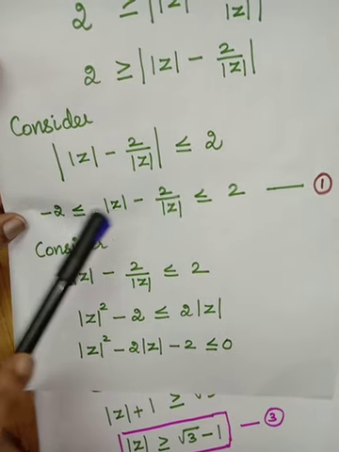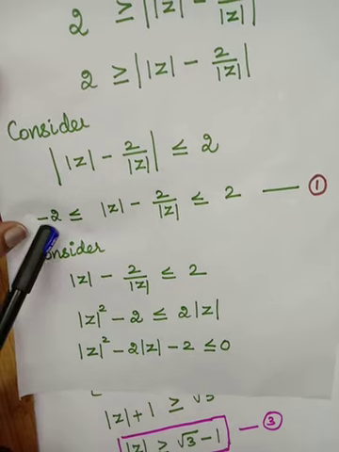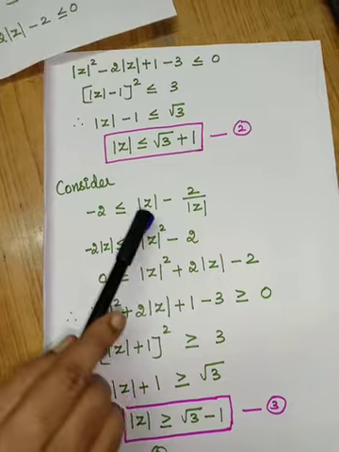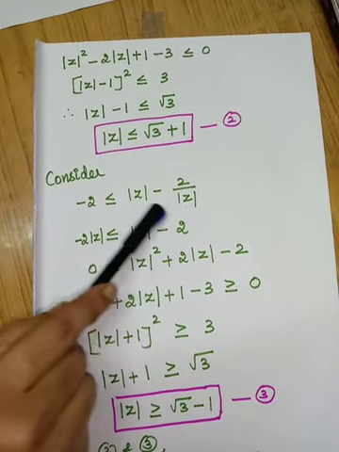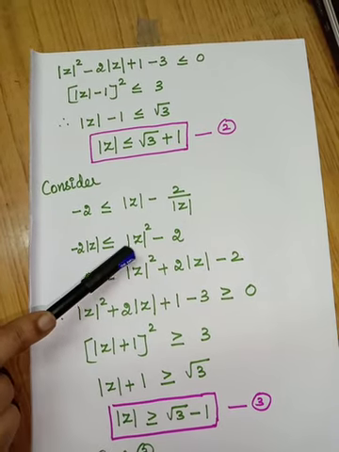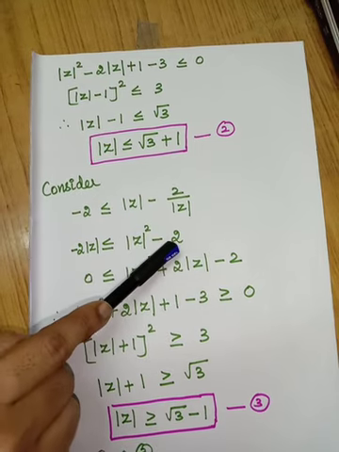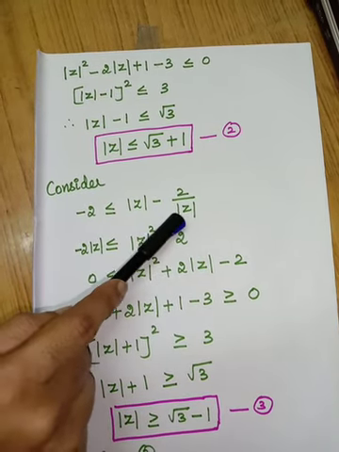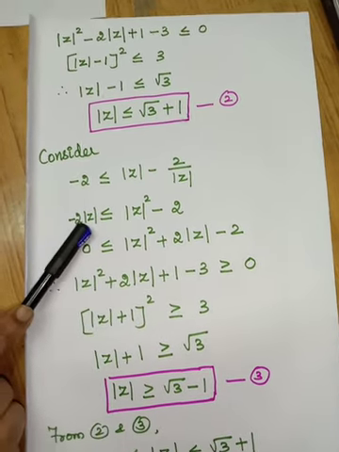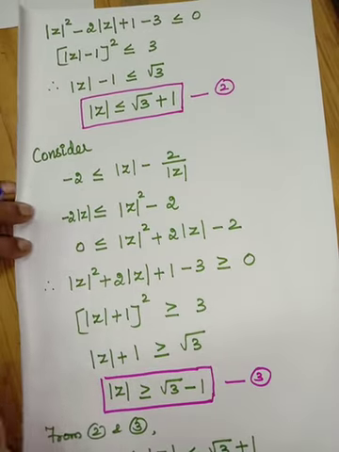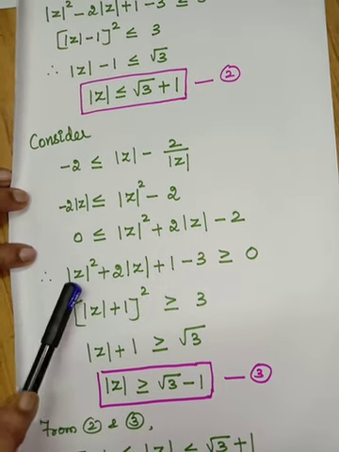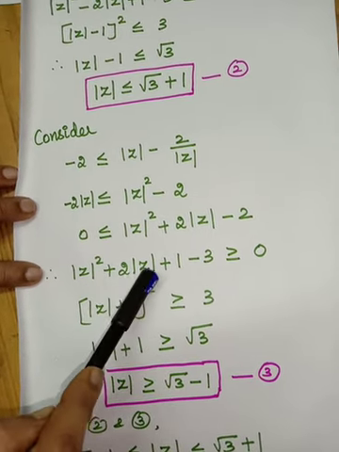If I am going to take the first and the second term. What is the first term? Minus 2 is less than or equal to modulus of z minus 2 by modulus of z. That result I have considered. Okay. So, in this also I am going to take LCM. So, the LCM is modulus of z. So, this term will become modulus of z squared minus 2 divided by modulus of z. The modulus of z, when you take it to the left side, it is minus 2 into modulus of z. So, this minus 2 modulus of z, when you take it to the right side, it will become plus. Okay. So, this term will become modulus of z squared plus 2 modulus of z.